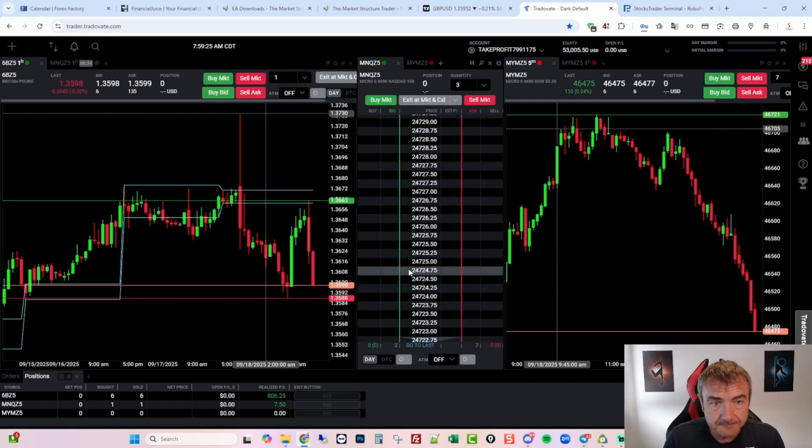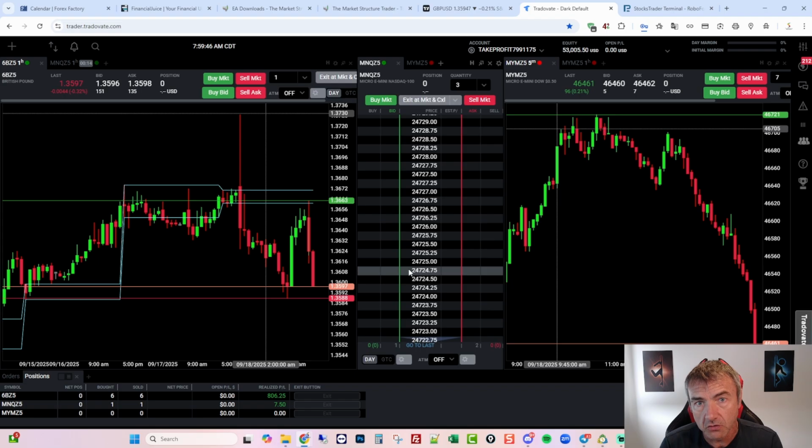This is Tradovate. This is a futures platform. This is probably one of the leading platforms for futures, apart from TradingView, which is more general. This is a great trading platform as well. You'll find a lot of prop firms offer this. So prop firms which trade futures tend to offer either Tradovate as an option, TradingView as an option, or a